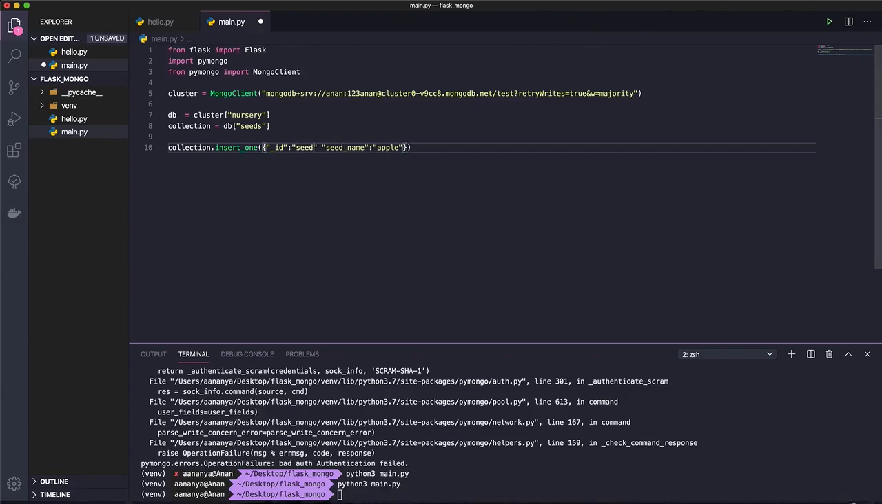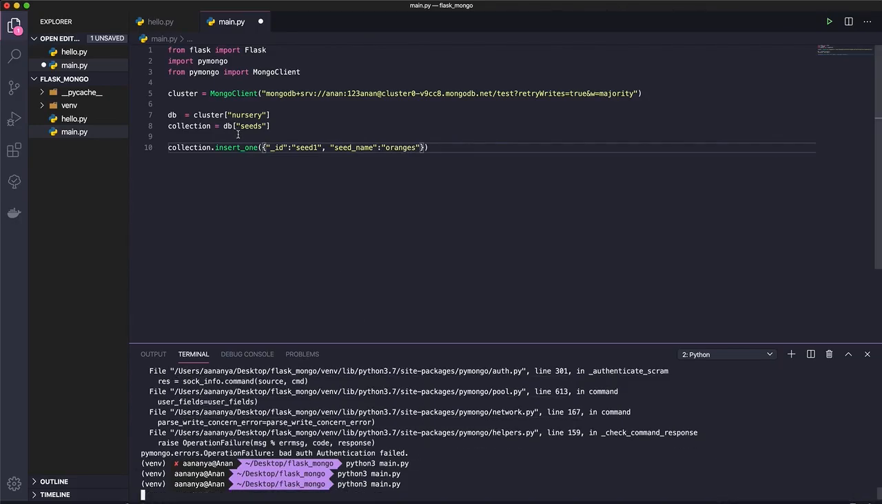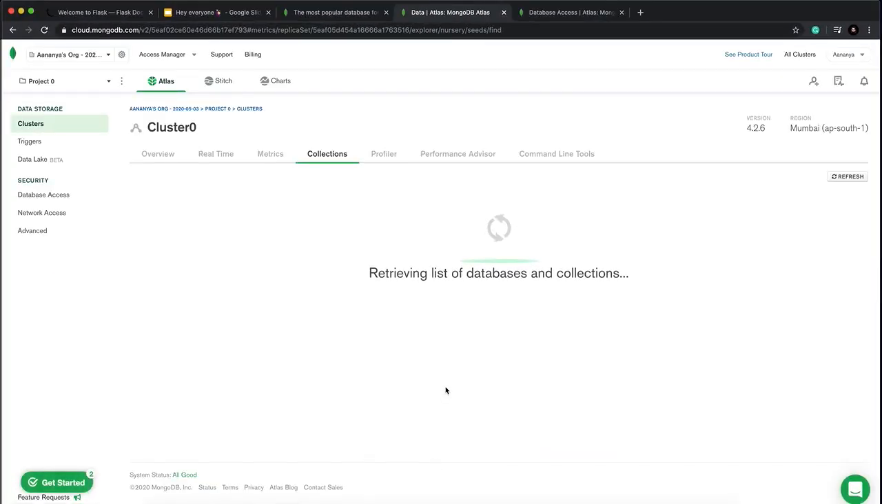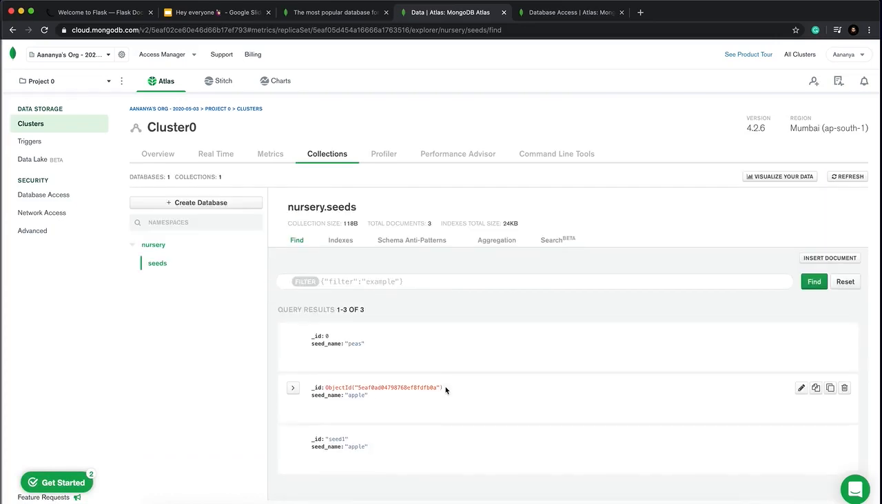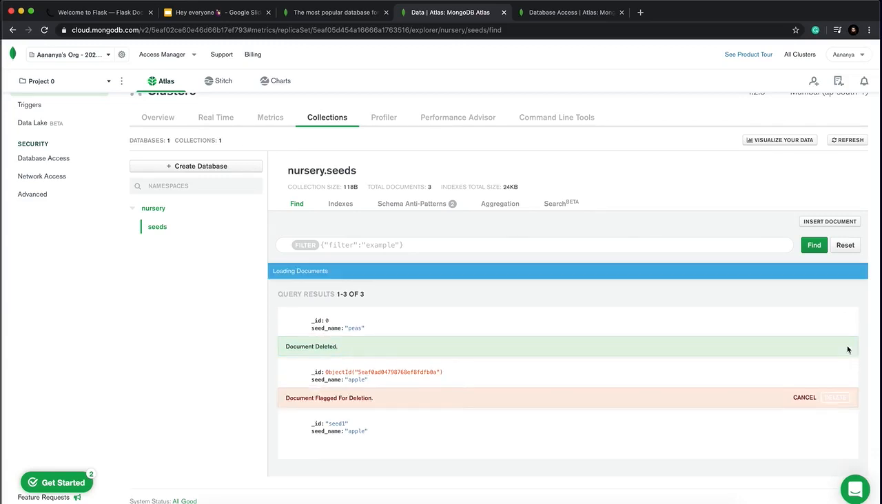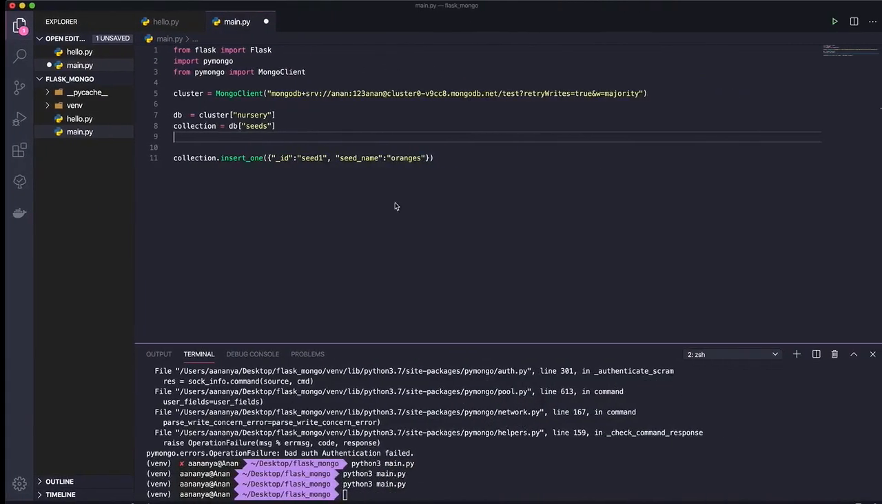Let's say we just put it seed1, and this is just random, adding random data to it. Let's make it oranges so that we can see that. And this can also be done in another way. Okay, we'll go here and just have a look. So of course we'll have the ID of seed1, and with the seed name it will be apple. So it can be anything. And what we're gonna do is just freshen this up and delete everything from here itself. You can go ahead and do